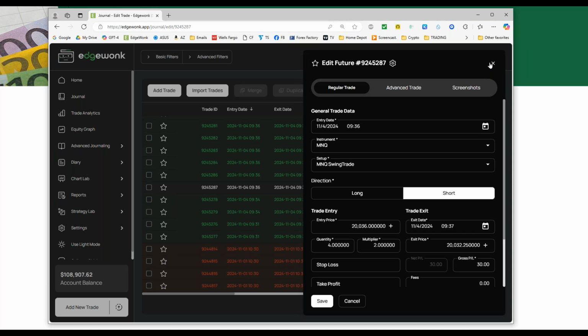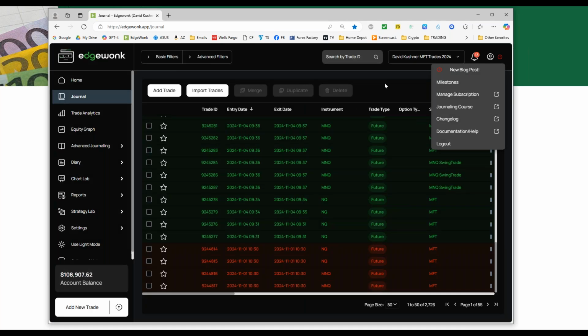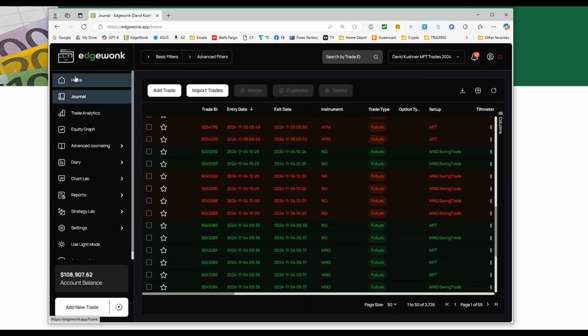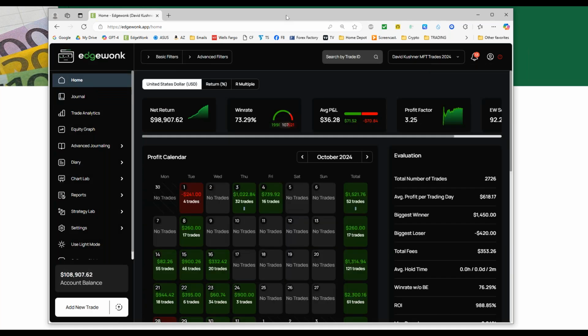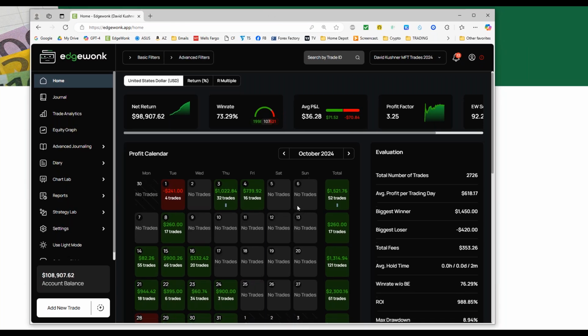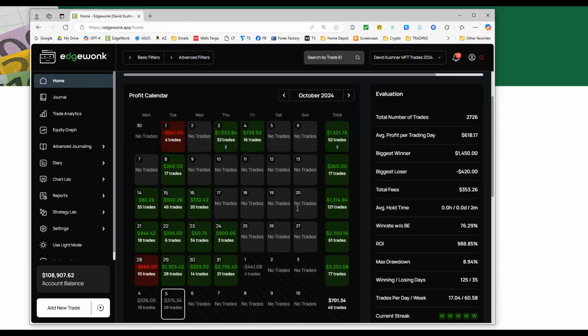So these are all the trade IDs from NinjaTrader. I'm going to go back here to this home page, right? Look at October. You can see a lot of days say no trade days, no trade days, no trade days, right? Why did I say no trade days? Because those are days the markets were choppy, range bound, and we did not have any trade setups.